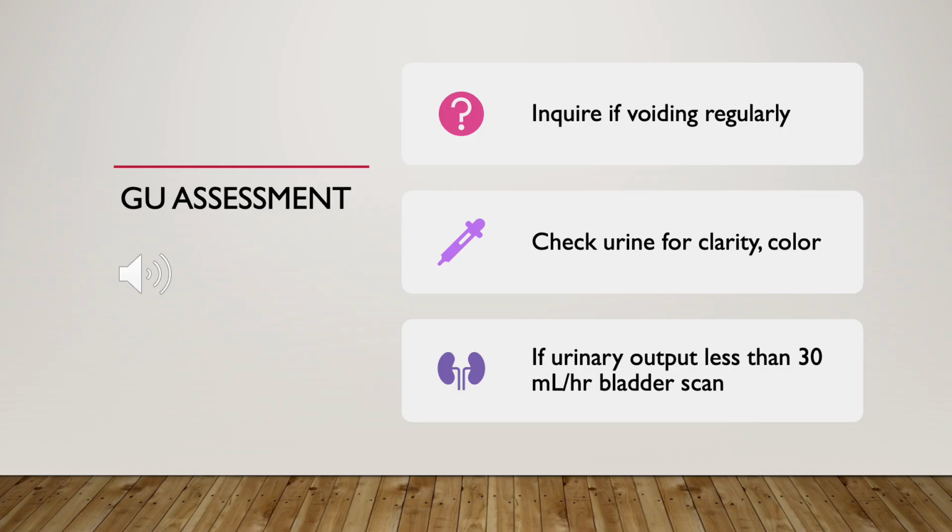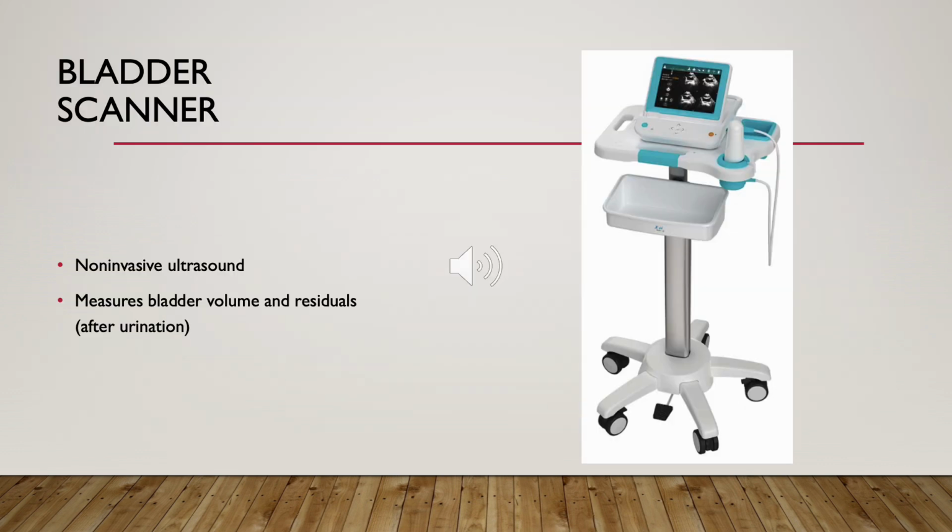With genitourinary assessment, you want to inquire if the patient is voiding regularly. You're going to check urine for clarity and color. And if the urinary output is less than 30 mLs per hour, you're going to do a bladder scan. You need to determine if the low urine output is due to the production of urine, like the making of urine, or if the patient is having some type of urinary retention. A bladder scanner is a non-invasive ultrasound which helps measure bladder volume and residuals of urine in the bladder after